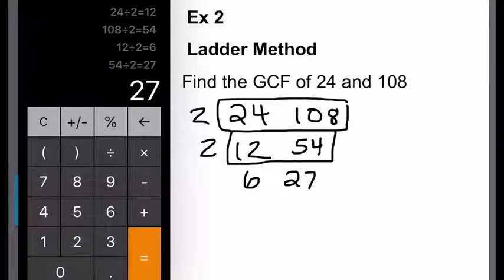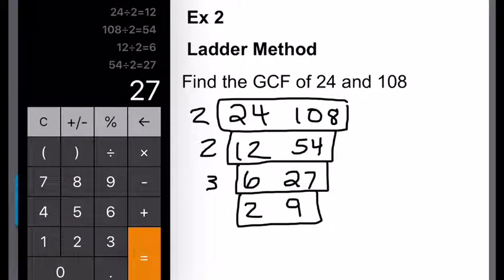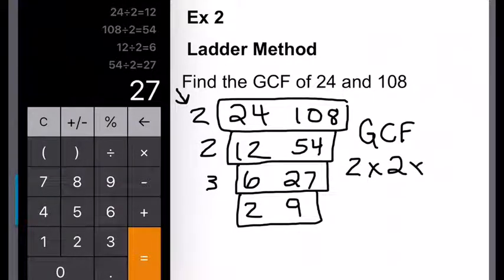So here I can divide both 6 and 27 by 3. 6 divided by 3 is 2. 27 divided by 3 is 9. There is nothing that we can divide 2 and 9 by. So this is our final answer. Well, not really our final answer, because we still have to multiply all of the numbers that we divided by to find our GCF. So to find the GCF of 24 and 108, we have to multiply 2 times 2